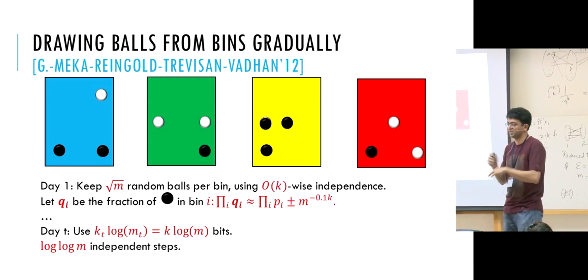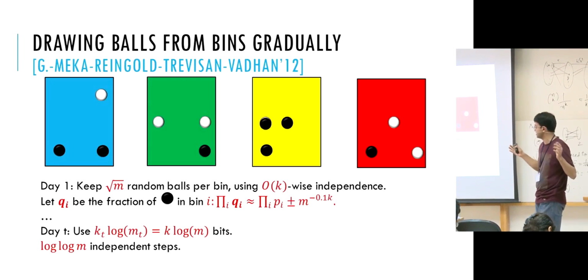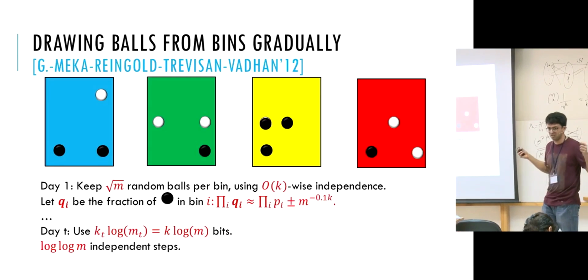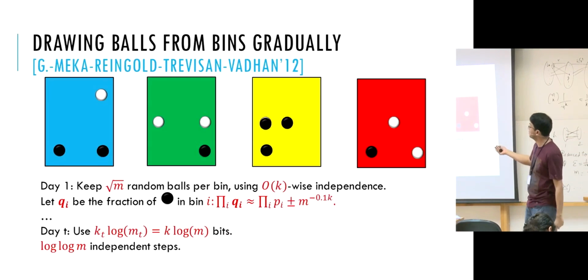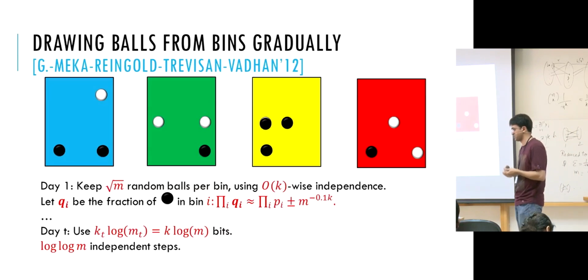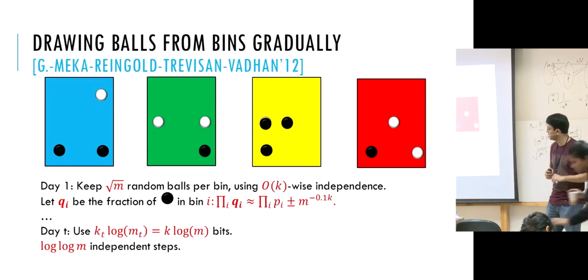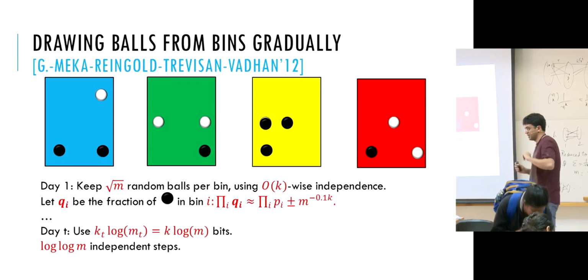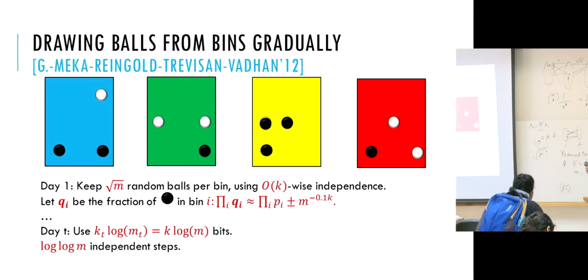Use at each stage, so you can keep doing a union bound across buckets and so on. And in log m steps, you're done. The main tool we needed was this lemma that if variables have small total variance, k-wise independence is good enough to get the expectation of the product correct. Now in the case of Nisan's generator, going from rectangles to general branching programs, the same idea